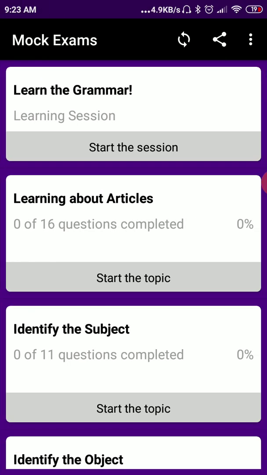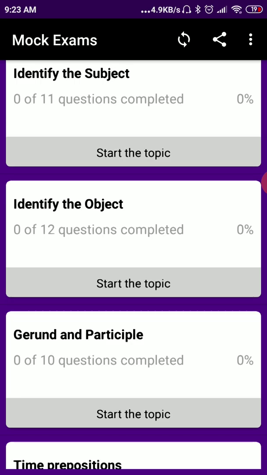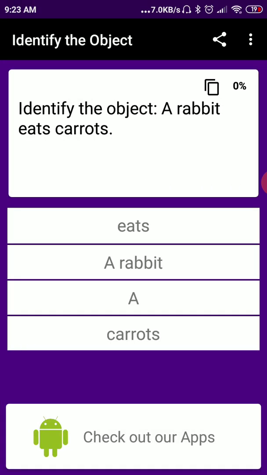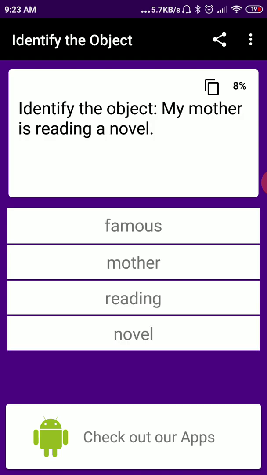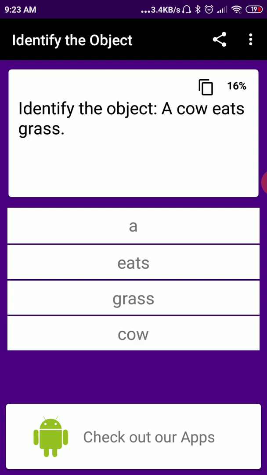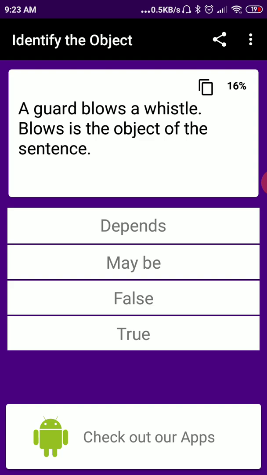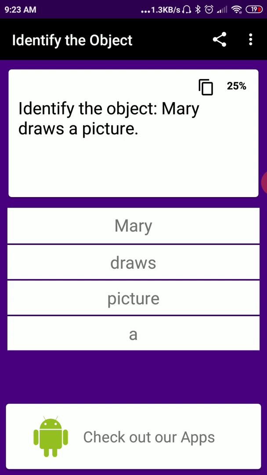So here I'm going to choose a different one this time. If I choose, say, object this time, right? Here is the difference. If I choose this correctly, say carrots, then I go to novel. Then I make a mistake here, till I get it right. Then I go to 25% marks, right? So now it means that the remaining 75% I did not either attempt or did not solve correctly in the first attempt, right? Now if I complete this, just assume that I completed this with a 25% score, right?